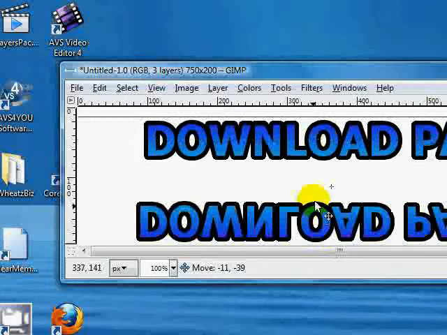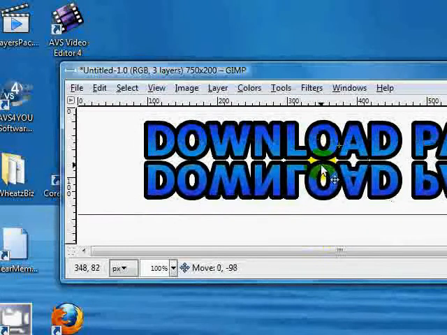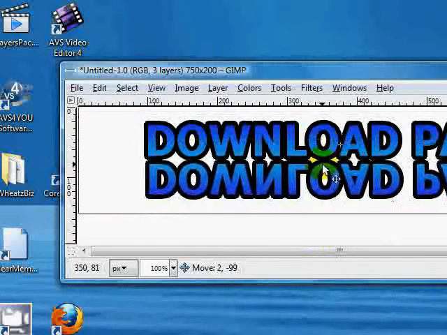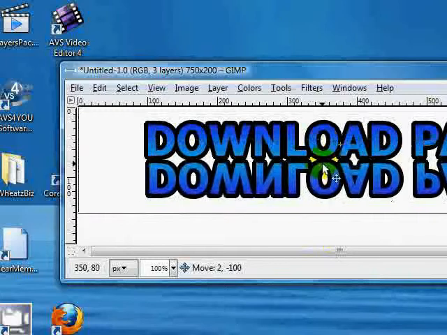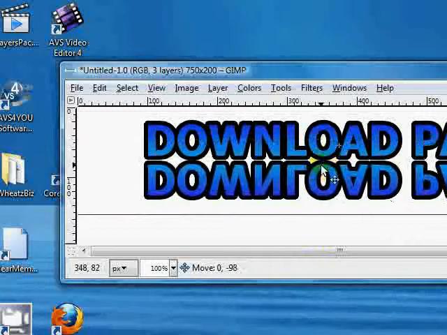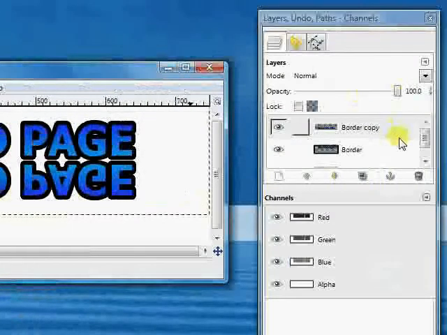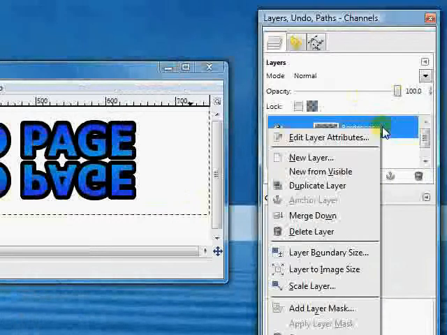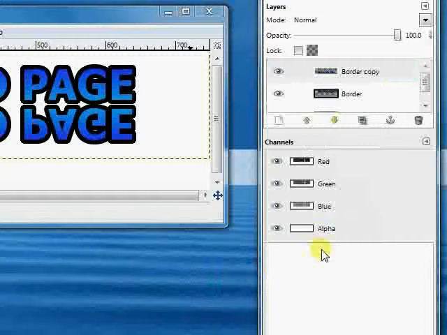And now let's get our move tool, move it up, okay, and now this is the border copy, we want to right click and add layer mask,